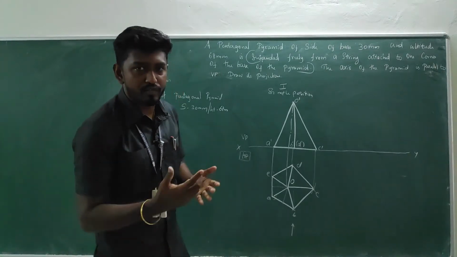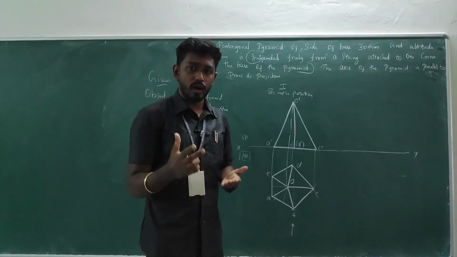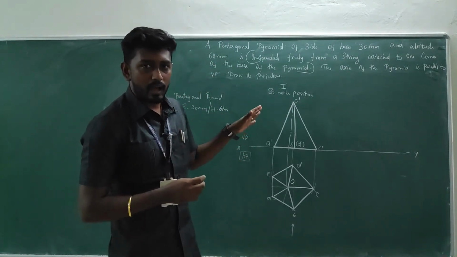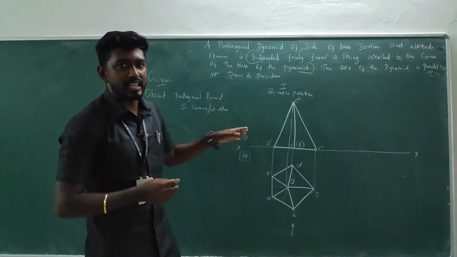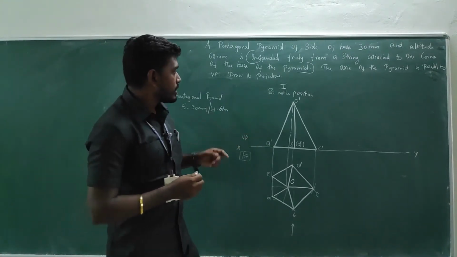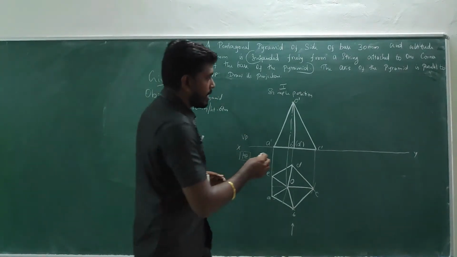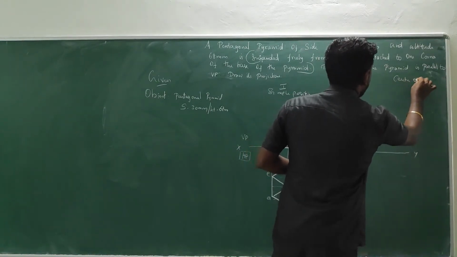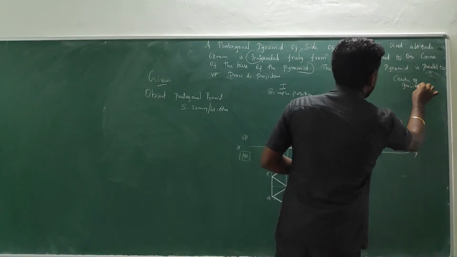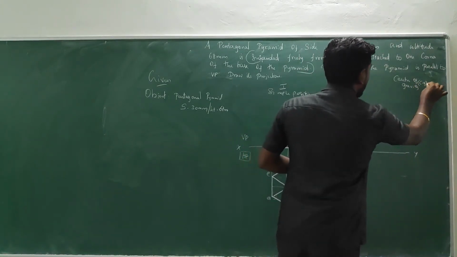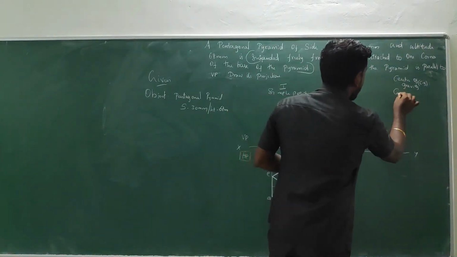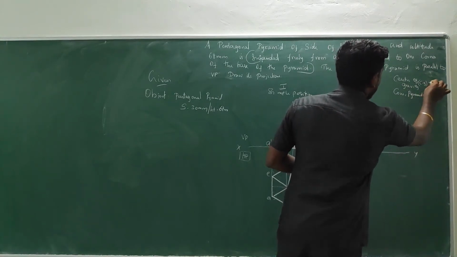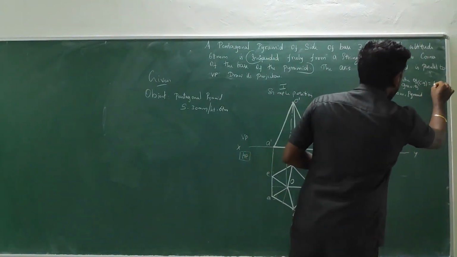Center of gravity, in the sense we are familiar, is the point at which the entire weight of the object can be concentrated. Okay, so through which we are going to take the observation. So we must specify the CG with respect to the axis. Fine. So this is the object, pyramid. Okay, how to find the CG, center of gravity? CG for cone and for pyramid, it is a formula we have to follow.